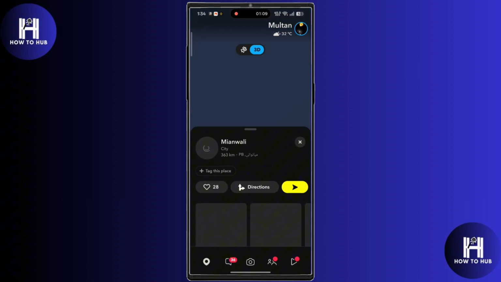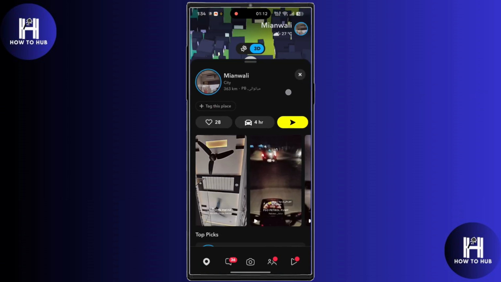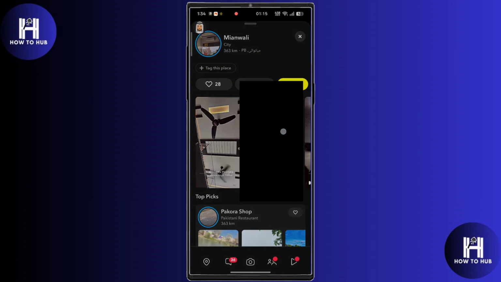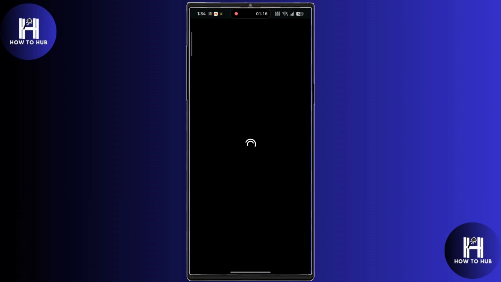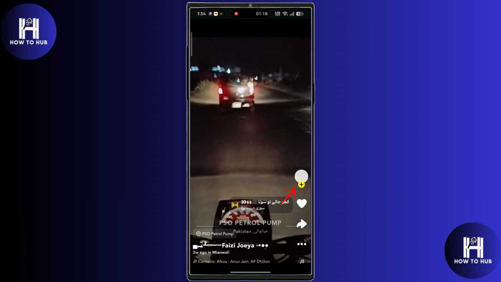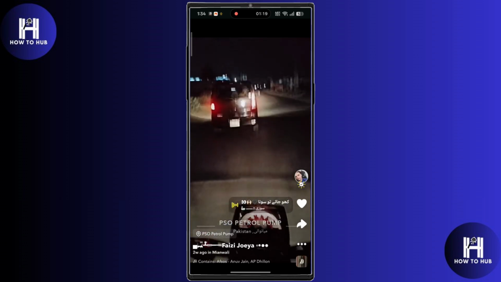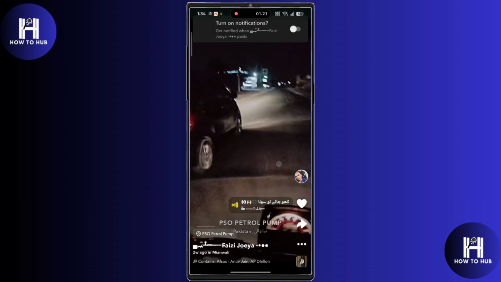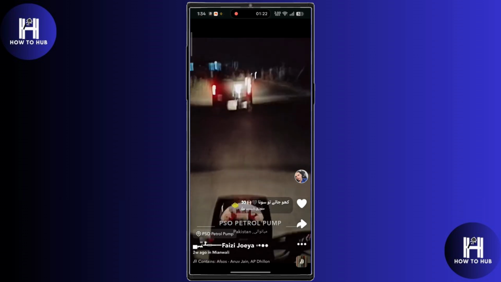Snapchat may show public stories and content related to that location. Open any story that you want to view, then tap on the profile icon of the user who posted the story. If the plus button is available, using these methods, you can discover public stories from nearby locations and connect